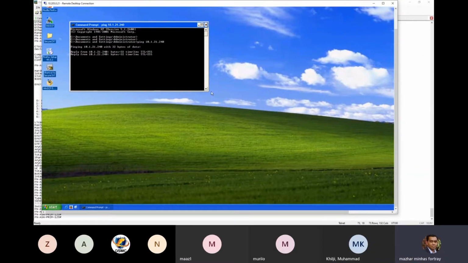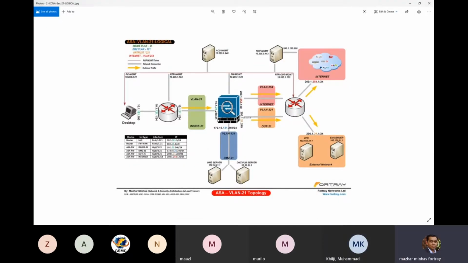That's the IP address of my firewall, 10.1.21.240. So from the machine, I can test this connectivity.